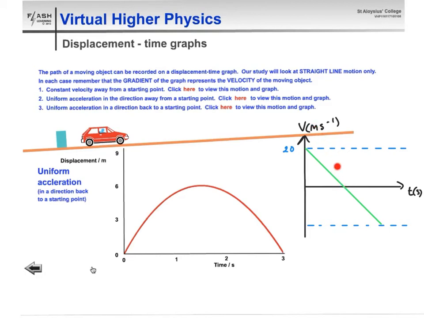That's at the top of the slope here. And then it begins to move in the opposite direction, and eventually it should reach, provided that friction is small enough that it doesn't affect the motion, minus 20 meters per second by the time it gets back down to here. So that's it when it's come back down again. So hopefully you can see there that